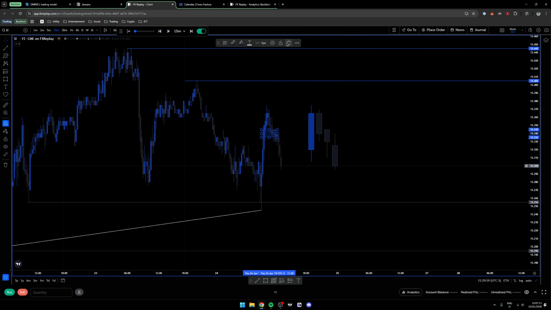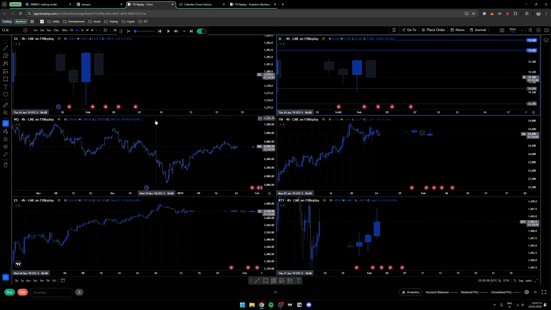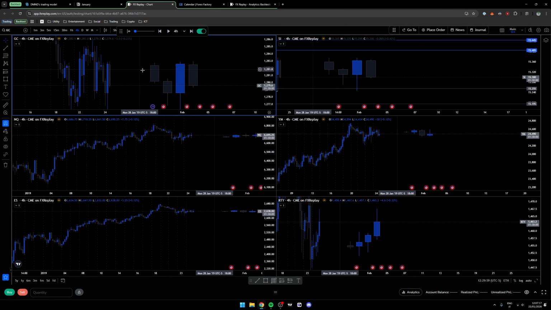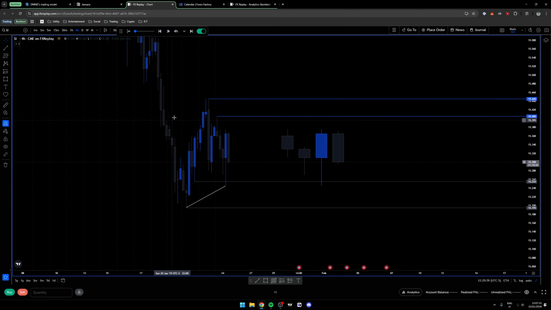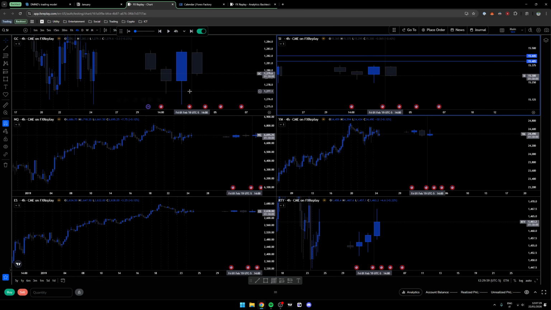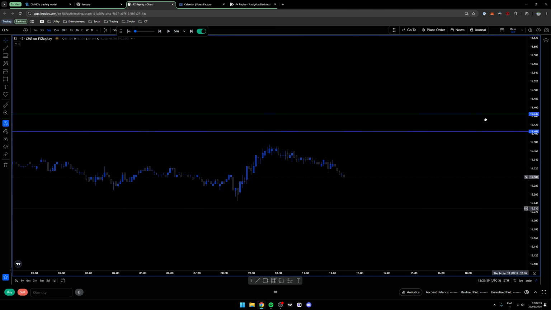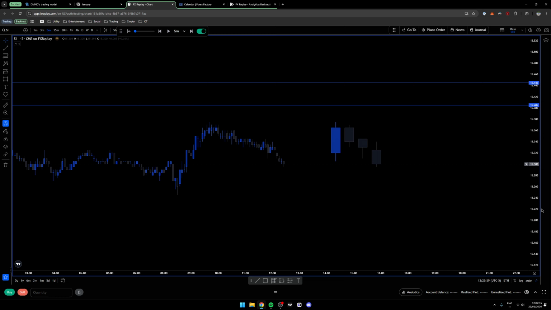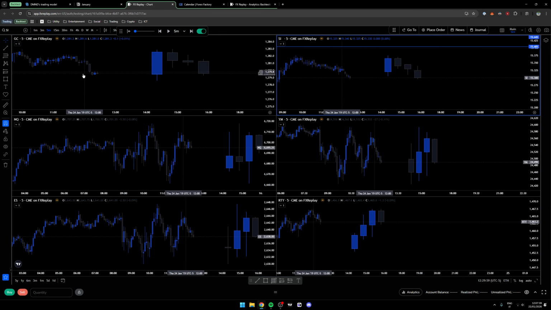It looks like we might be reversing, but we inverse this gap. So that's my whole premise: if we inverse this gap, I'm going to be bullish. Even if the context is bearish, I think most of the time we should hit this. Well, we don't, so that's fine. We do have SMT here, but I don't care. Even if you're bearish or bullish, this price action is not something you should trade.